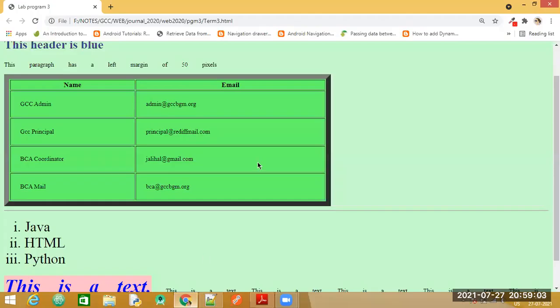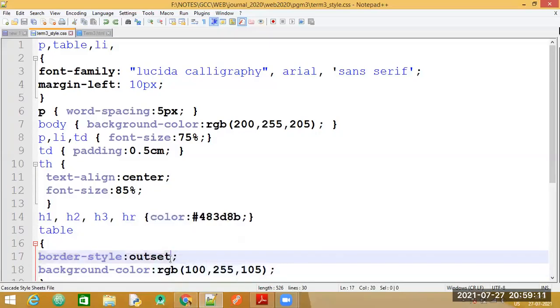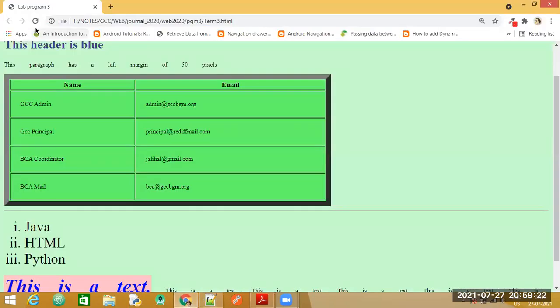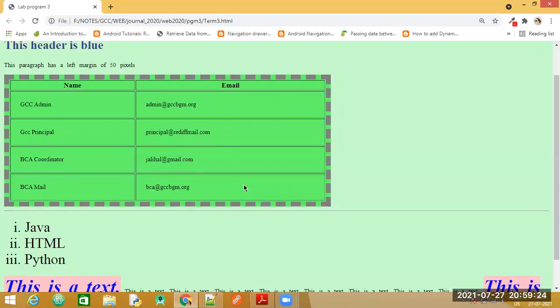You can see in the output that the background for the table is different and the border style is different. Just to check, we can apply different properties. Let us try a different value, that is dashed. Let us go back and refresh. You can see now the table border has been changed.